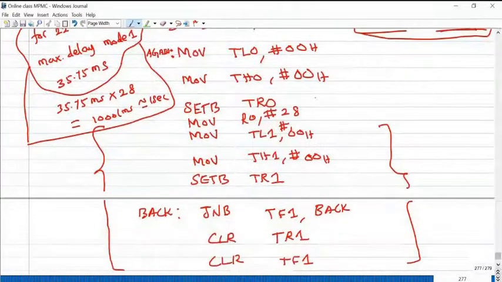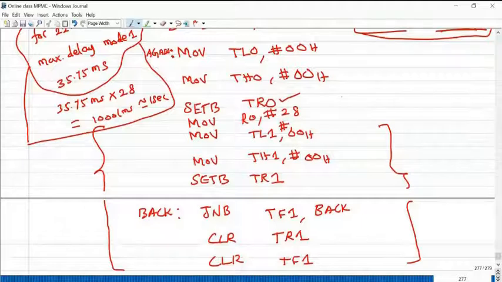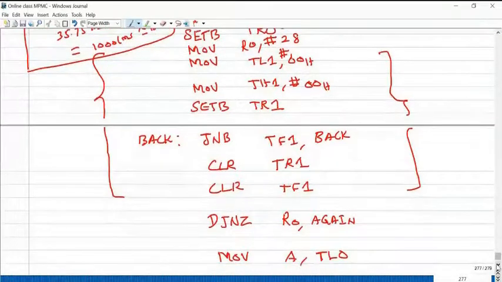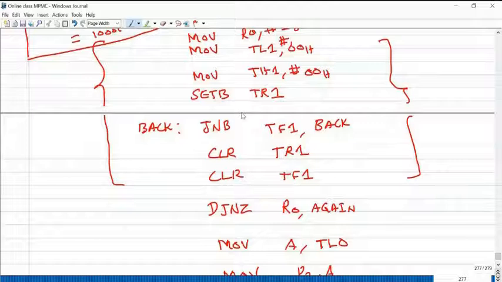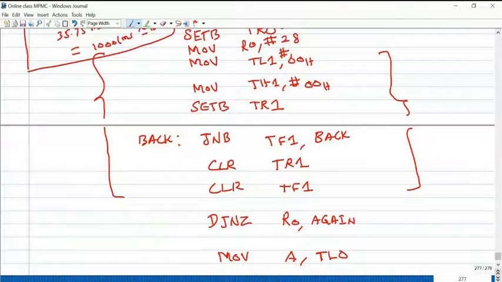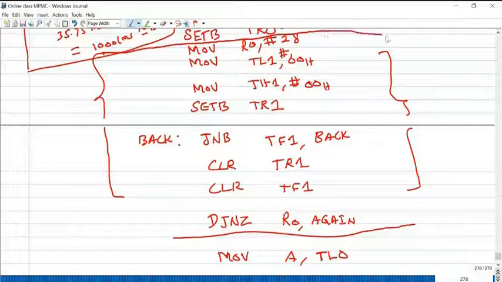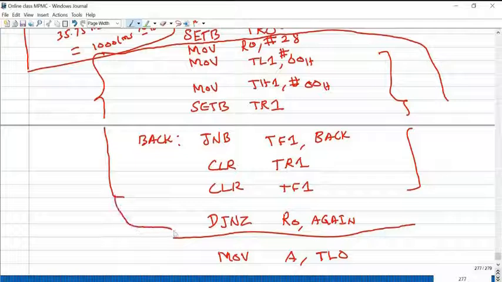Okay. Next, start your timer 0. That is, the counter is starting. So whenever it receives clock pulses, it starts incrementing by 1. So this entire program, from move R0, comma 28 up to this particular step, is the timer related program for 1 second time.